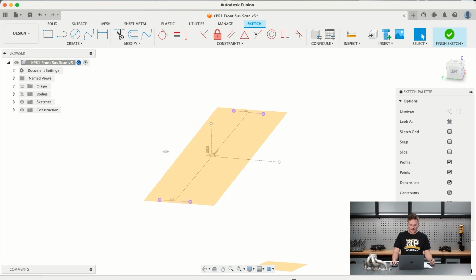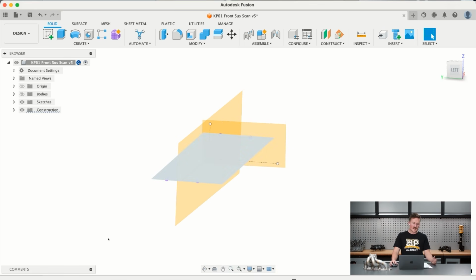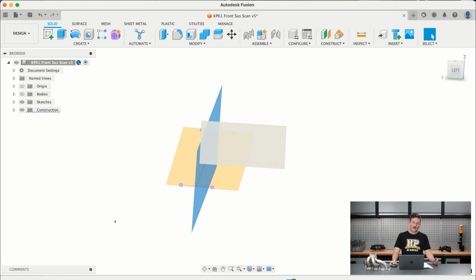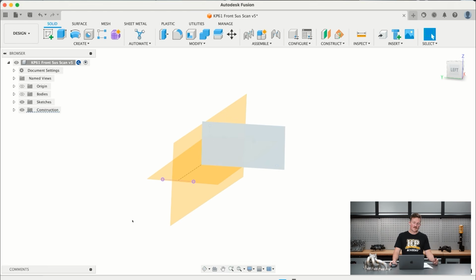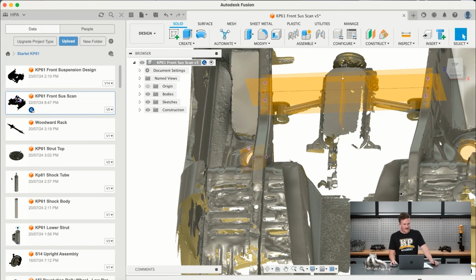And then I was able to create some planes through that as well. So we got a plane that's flat to the bottom of the chassis rails, one that's just in between the two studs there, in that kind of forward-back position, and then one straight down the center line of the scan as well. Once I had those, I jumped over and inserted that into another design file,